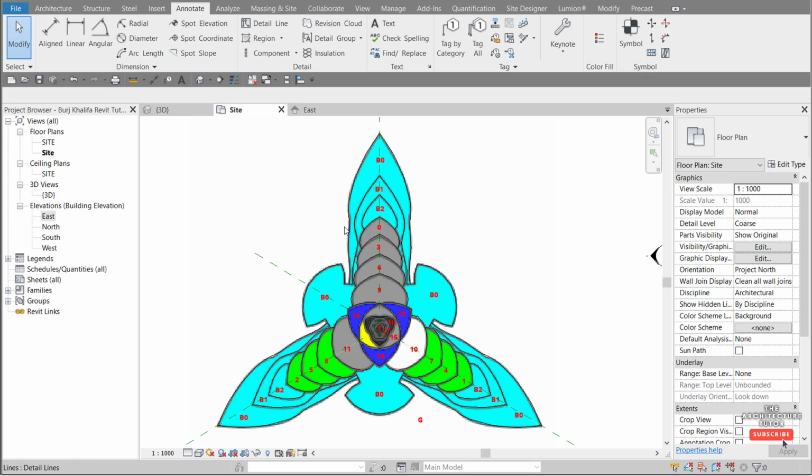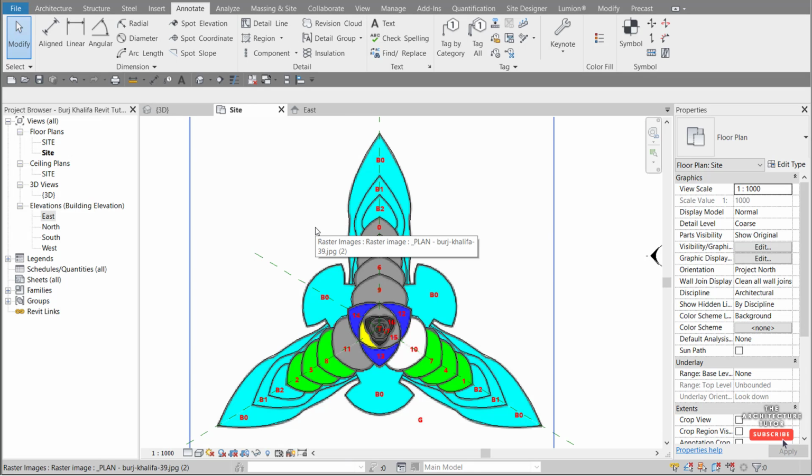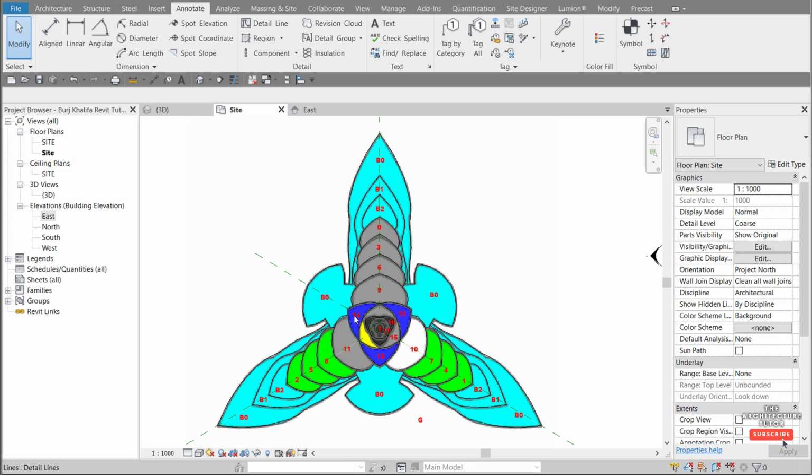Alright, so now that we have that, the next step is to start building up this mass, and we're actually going to start from the top and make our way down. So to do that, we're going to need to use some different floor plans. So to create floor plans for each of those